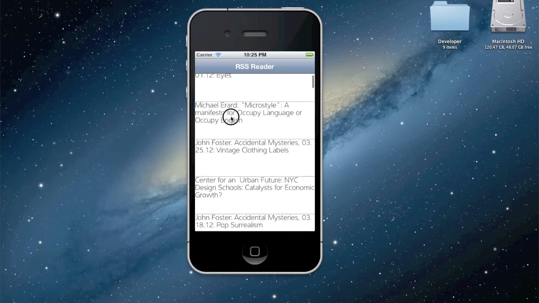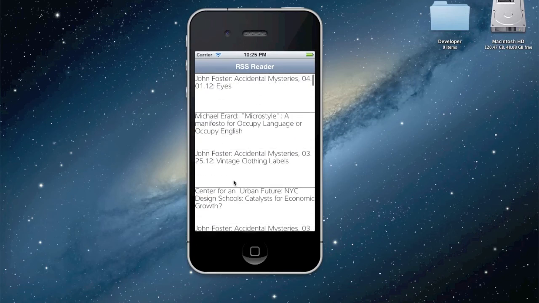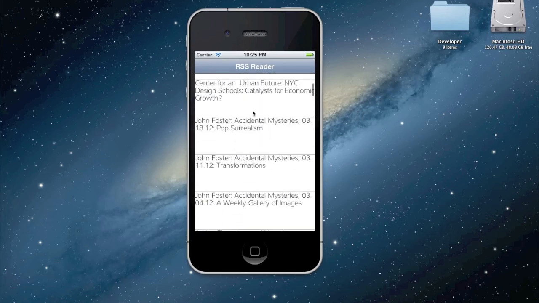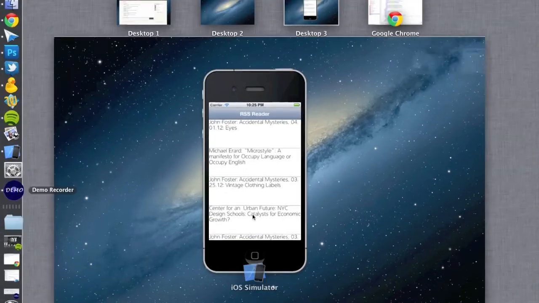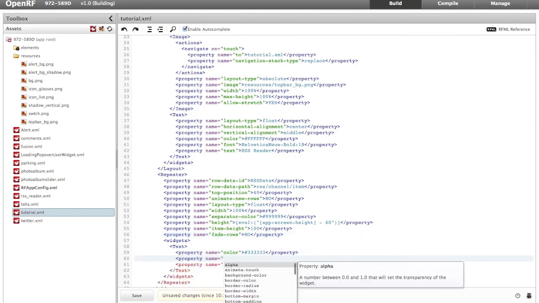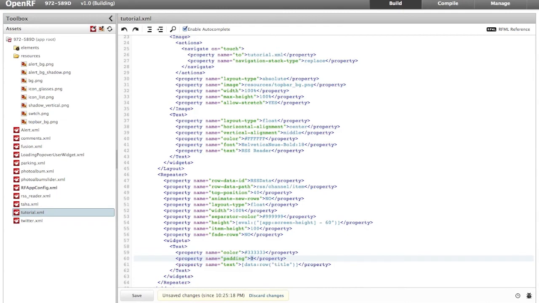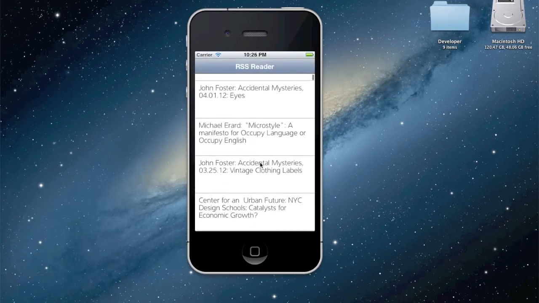Since the title is a bit too large for our liking, let's put some padding in there. So how do we do padding? It's rather straightforward. Give it a name, padding 10. So let's reload this, 10. It's good,